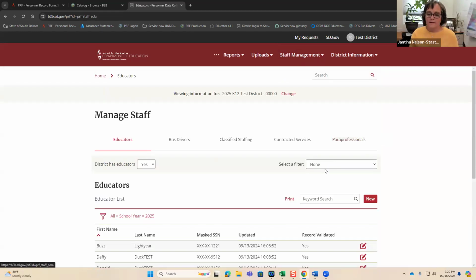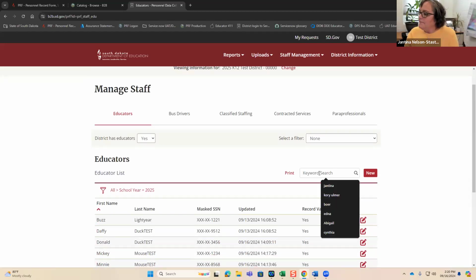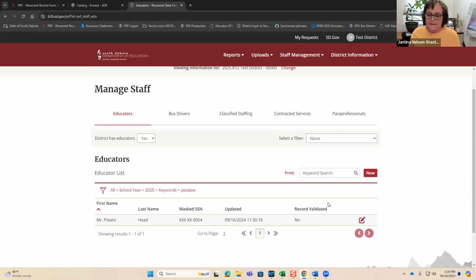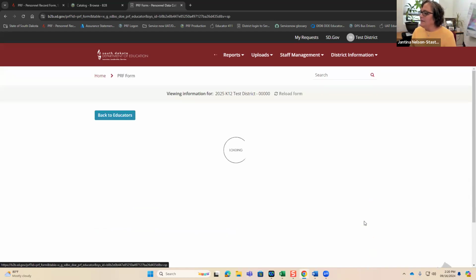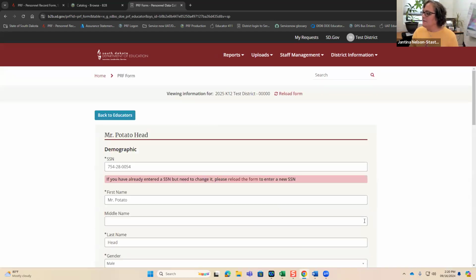Okay, one more example. Let's take Mr. Potato Head. He is acting as a long-term substitute to fill a position, so he will need to be added to a PRF record. A long-term substitute teacher is defined as an individual acting as a teacher of record for more than 45 cumulative school days.